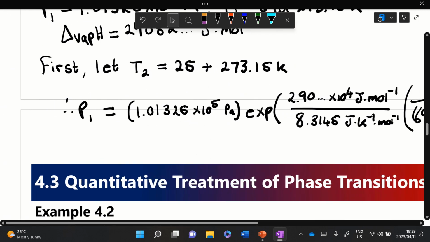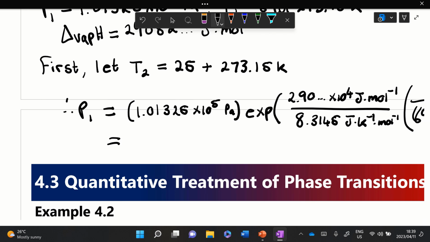Close the exponent bracket, and if you plug this into your calculator, you should get